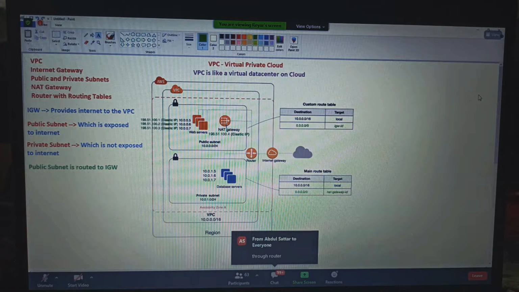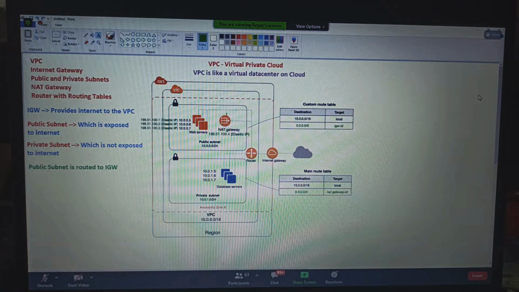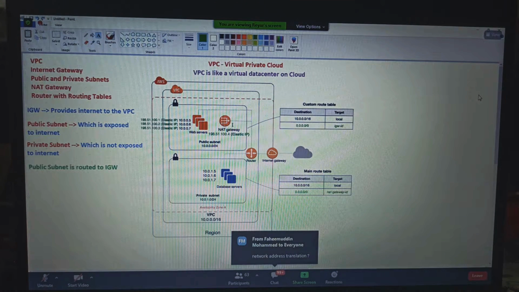What is that? NAT gateway. Instead of the private subnet sending requests directly, exposed to the internet gateway, all the components and servers in the private subnets are routed to the NAT gateway.